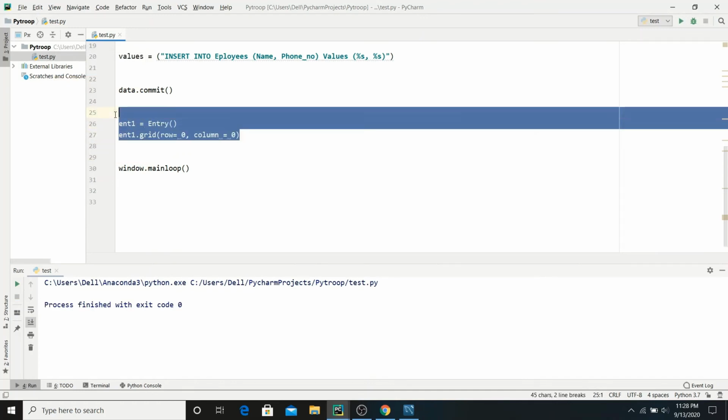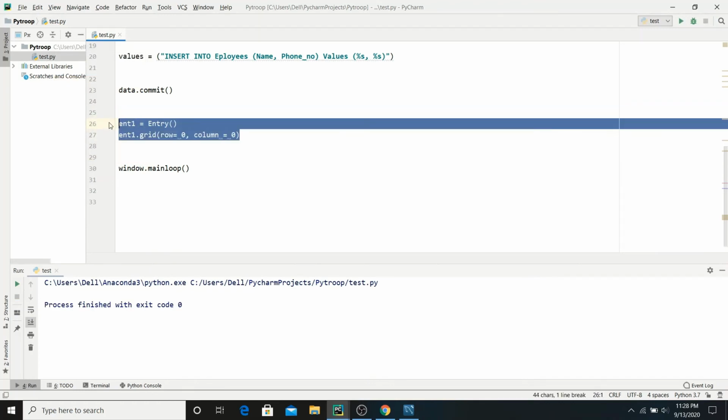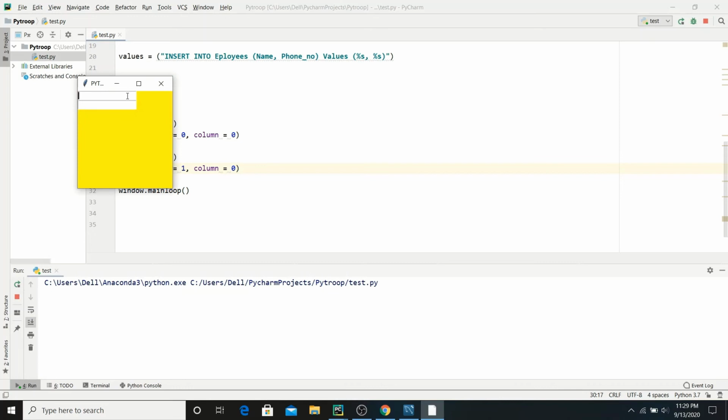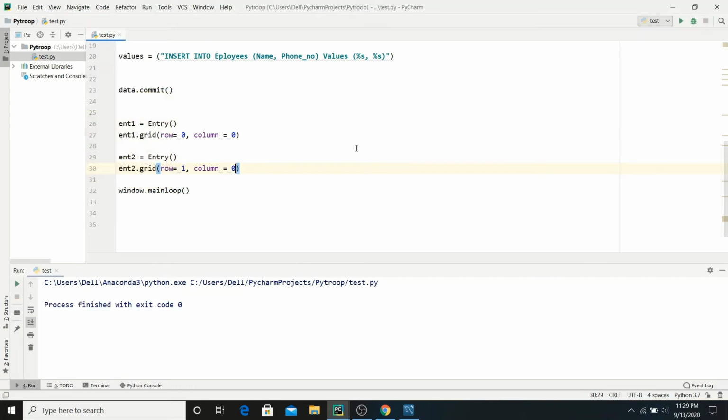Okay, let me copy this one and paste here. Entry box 2, and row is equals to 1, column is equals to 0, and now just run the program. So we have two entry boxes here. Okay, now give the pad x and pad y, so we have a little bit of space between them.